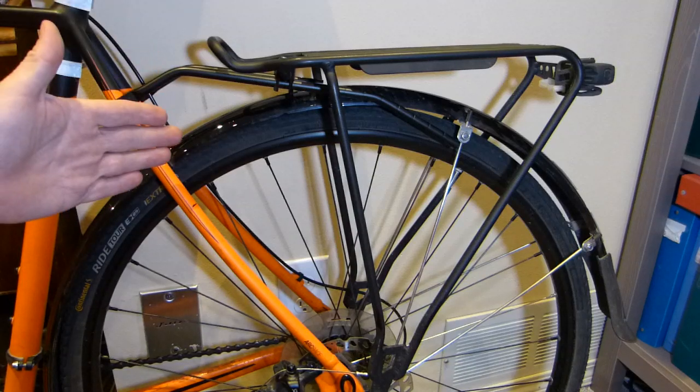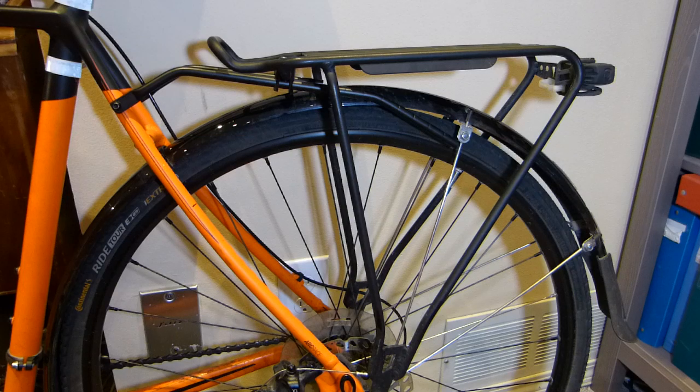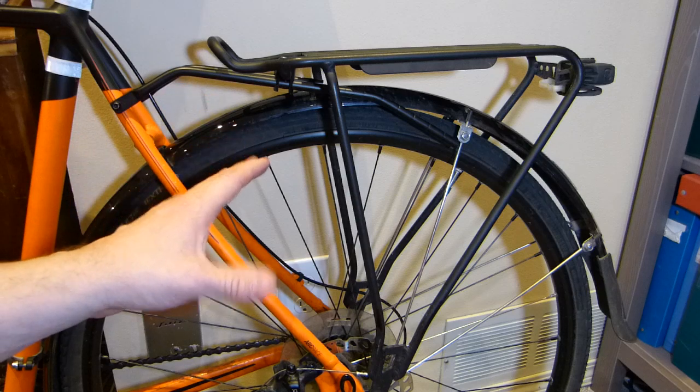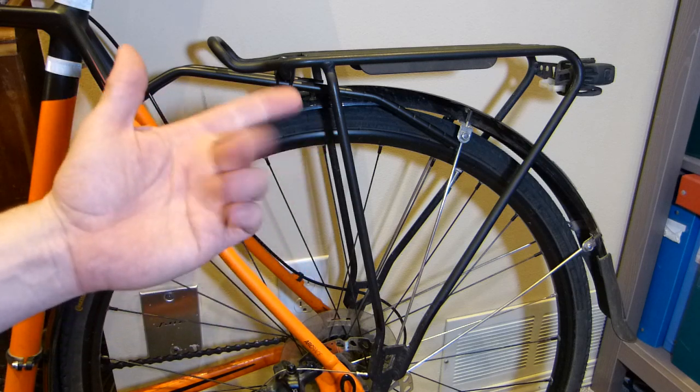This is a Bontrager BackRack bicycle luggage carrier that mounts to the rear of the bicycle with 6 bolts. Assembly and fitting take a combined 30 minutes or so depending on your skill, and in this video I'll show you what it takes to mount the BackRack in terms of tools and equipment, as well as how to fit